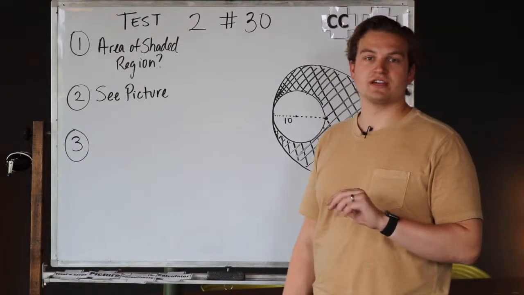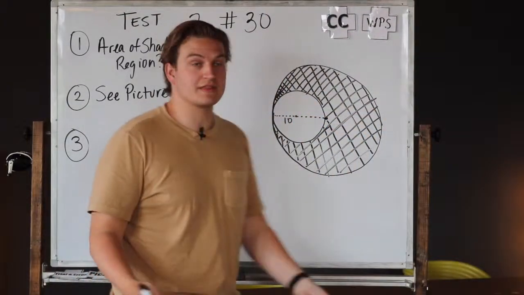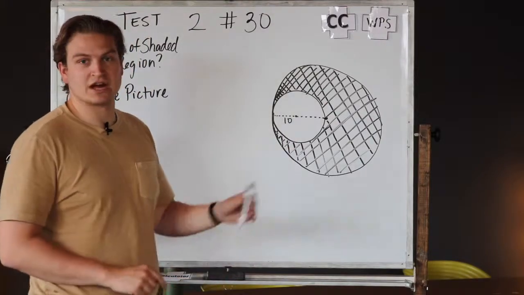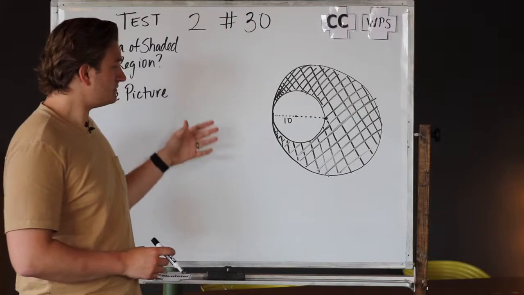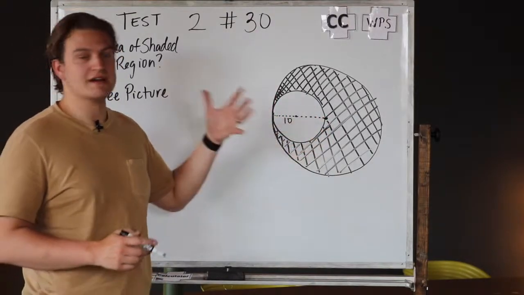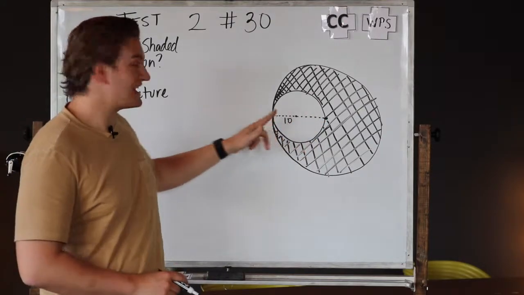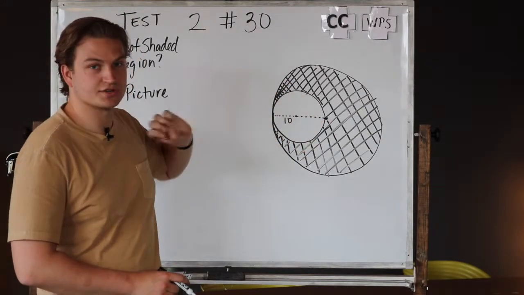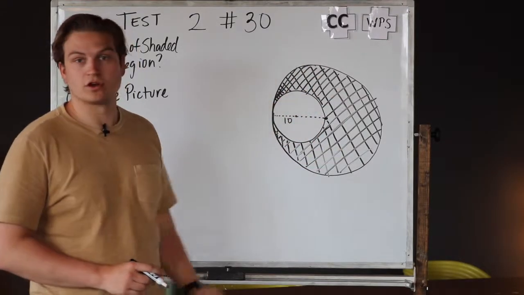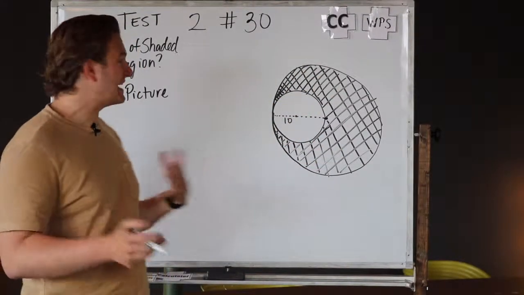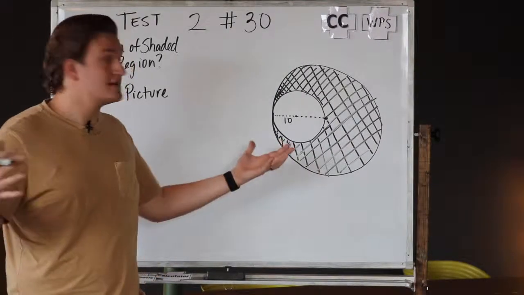Step 2, we ask ourselves, what do I know? Well, here they give us pretty much everything that we know in this picture. I just redrew the picture that's in the book. It basically gives us this picture, and it tells us that this 10 is the diameter of the smaller circle, and this 10 is the radius of the larger circle. And with that information, we need to move on to step 3, solve the problem,